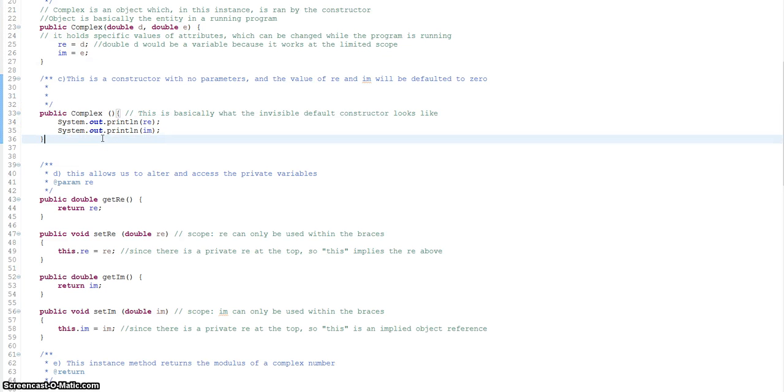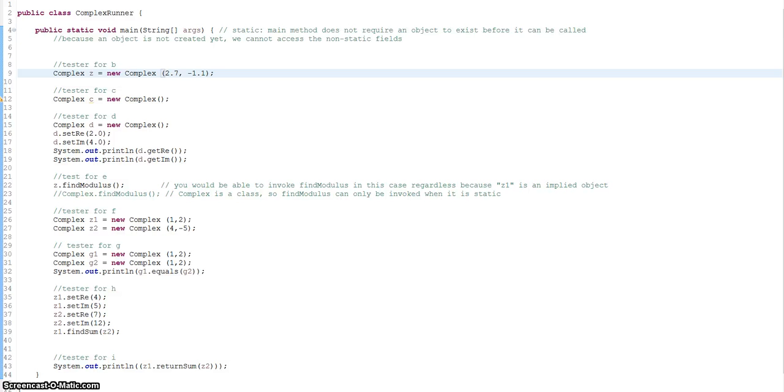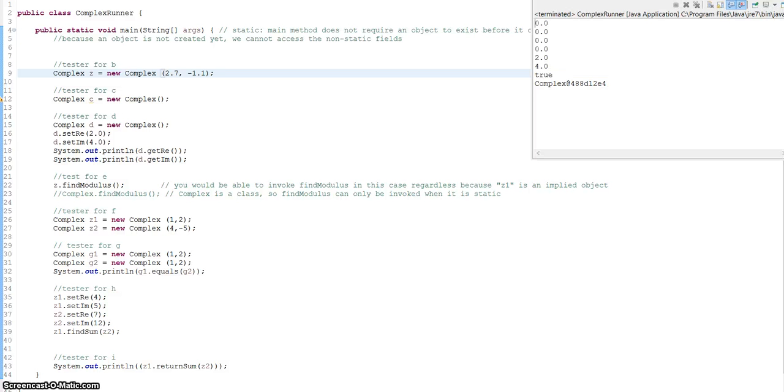So Java has automatically defaulted the values of the Complex object, each of the fields, to 0, and that is why when we go to the runner class and we run the program, we'll see 0 for the first two because of